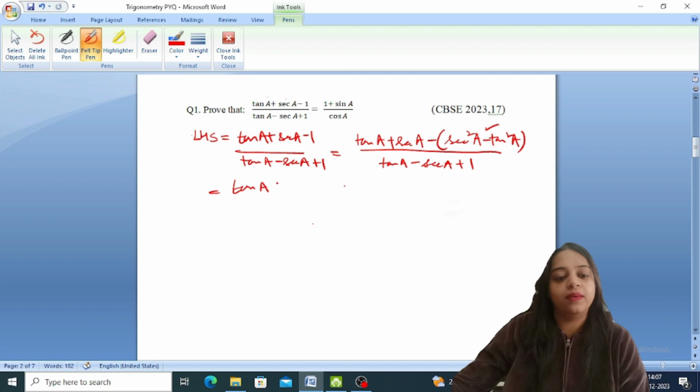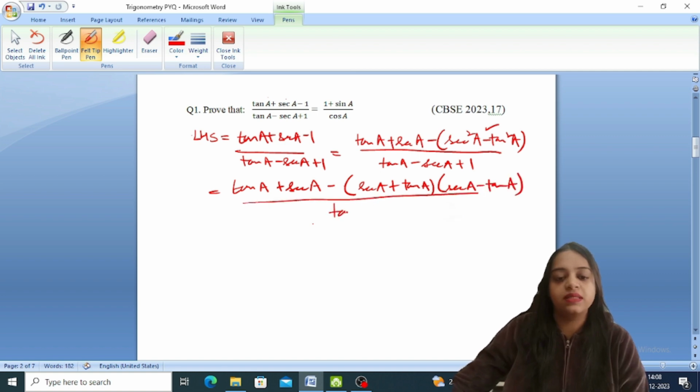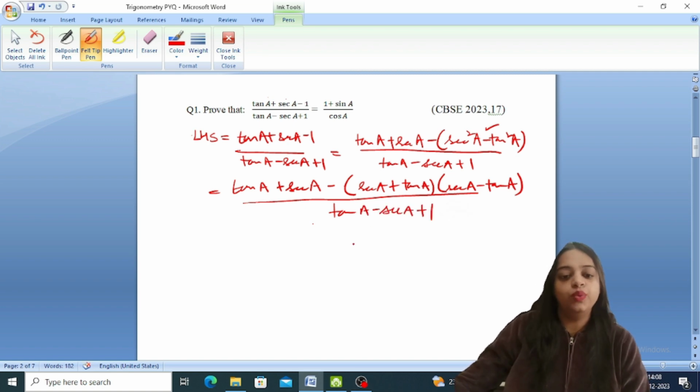So this will become tan a plus secant a minus, a square minus b square will be a plus b into a minus b, and keeping the denominator as such. Now if we observe the numerator, we can take out this secant a plus tan a. It is here also, it is here also, so we can take it out common. So taking out secant a plus tan a common, we are left with 1 minus this whole secant a minus tan a,